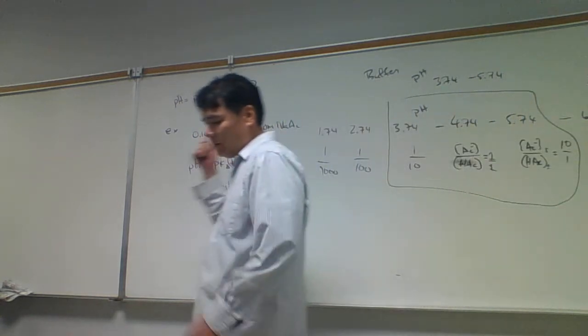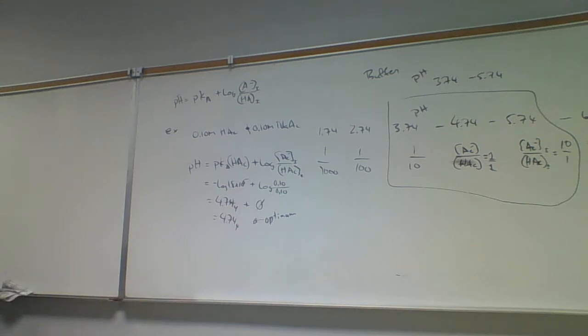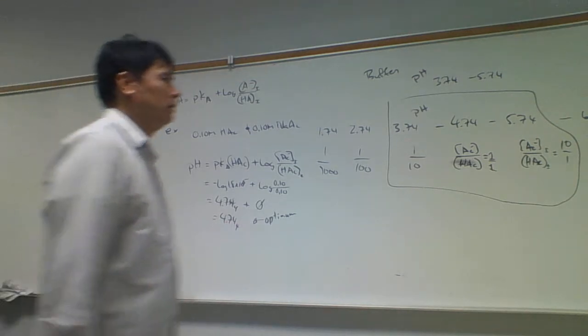And so one of the things that buffers are supposed to do is give you a stable pH upon dilution. Now, nothing will really give you a totally stable pH, because if you dilute it to infinity, so it's infinitely dilute, then the pH is going to approach 7 because it's more like pure water. If you take a buffer and keep diluting it, pretty soon it's going to look like pure water, because you have so little buffer present. But anyway, it should